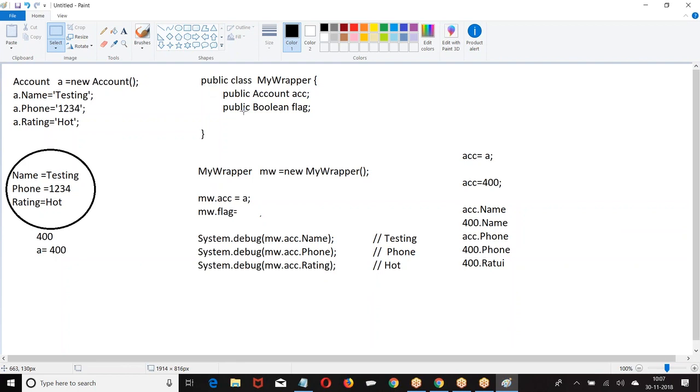Now what is the example I have taken? I have taken one account and created one wrapper. I had only one account, and with that one account, I created one wrapper. If you have a group of accounts, that's what we are trying to explain in the previous example.